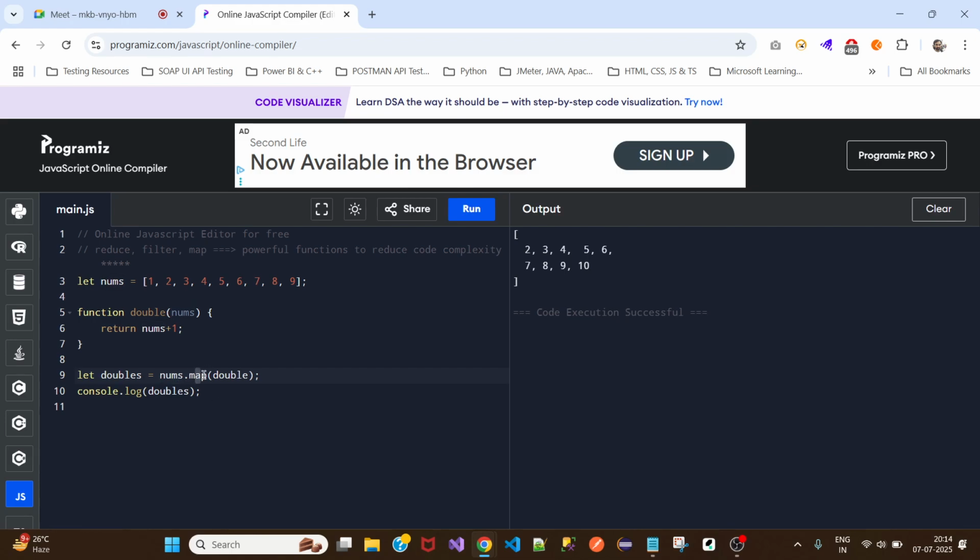You use the map function, and in the parameter you provide the function name, then you perform the action, you perform the logic, including the array variable name. First you take the array variable name, then dot. When you press dot, you have multiple options. There you can select the map function. In the map function, enter the function name as a parameter. Then you can go ahead and print the new variable in which you have stored this complete